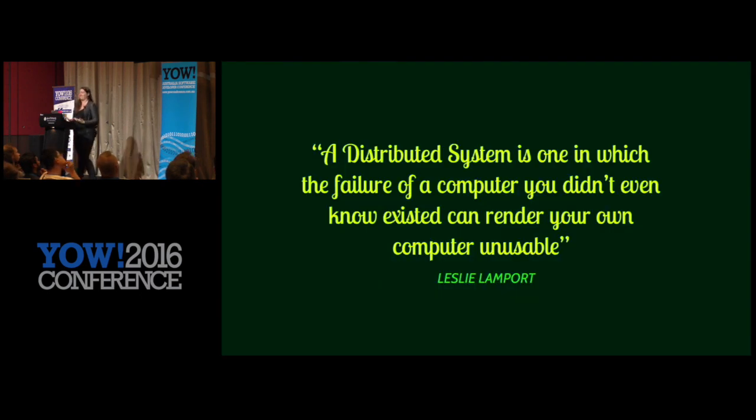So the motivation of this is, this is a distributed systems talk. So let's start with a quote from Leslie Lamport, because what talk about distributed systems is complete without one? A distributed system is one in which the failure of a computer you didn't know existed can render your own computer unusable. This is how Leslie defined distributed systems back in the day. But this is obviously not acceptable anymore, right? You can't just say, oh, this computer on the internet went down and sorry, we're having a major outage. You can't tweet or play Halo or watch Westworld. That's not cool. So we have to do better these days.